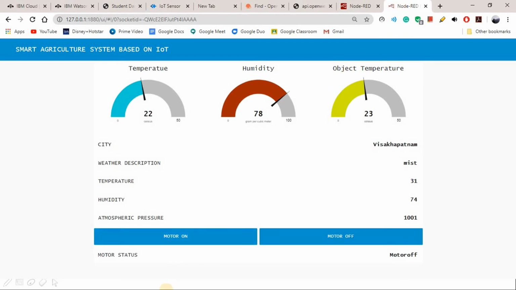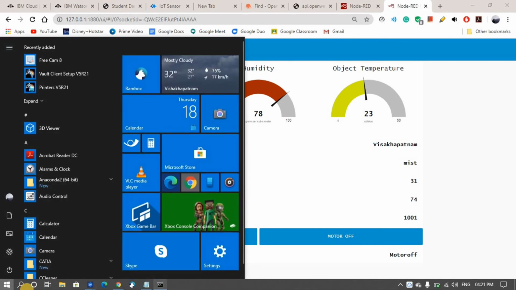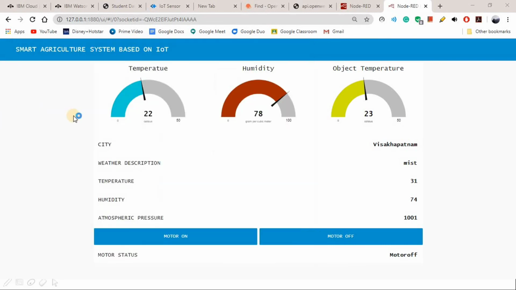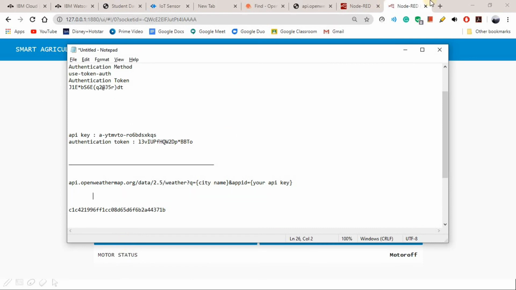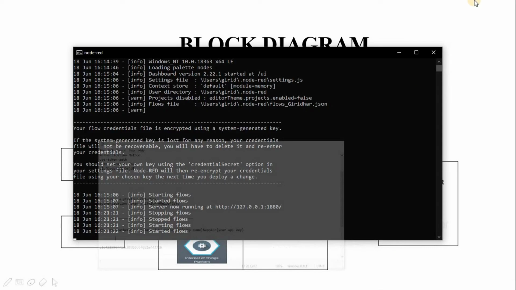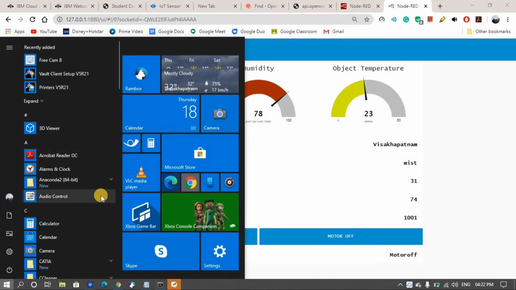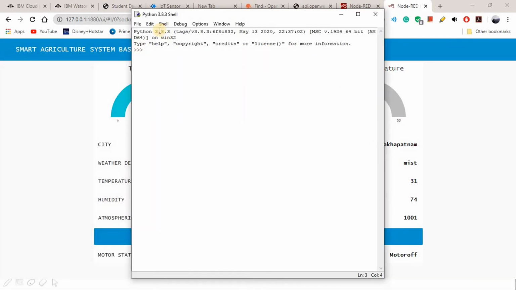Now check whether IDLE Python is collecting the status of the motor or not. Open IDLE. It was not open. Yeah, it was opened.